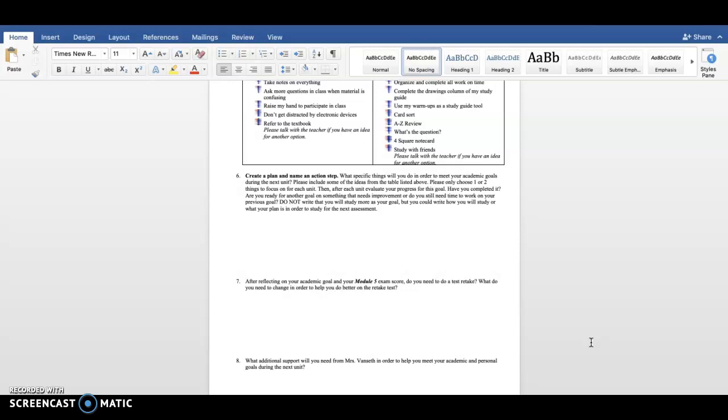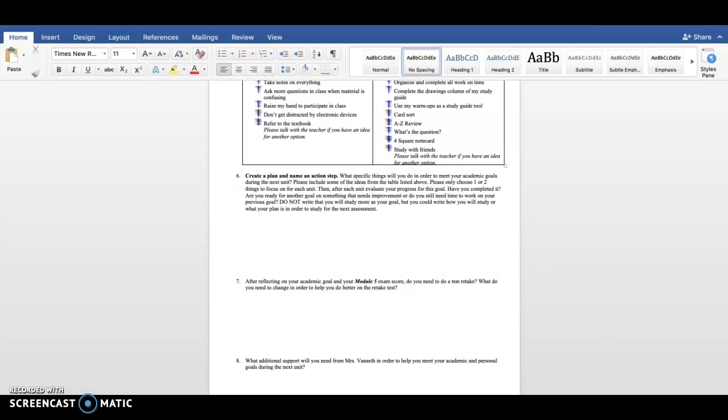Again, certain teachers set different parameters around retakes, but I truly believe in offering a retake option for a variety of reasons. And then number 8, what additional support do you need from the teacher to help you meet your personal or academic goal? And the students are usually really honest with this part. Some students say, hey, I need you to not put this person in my group because they distract me. Some students say, get on me if you see me using my phone, which is really great feedback for me